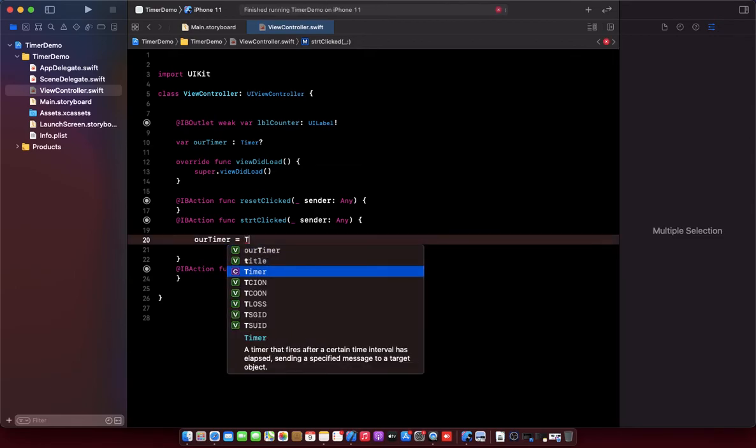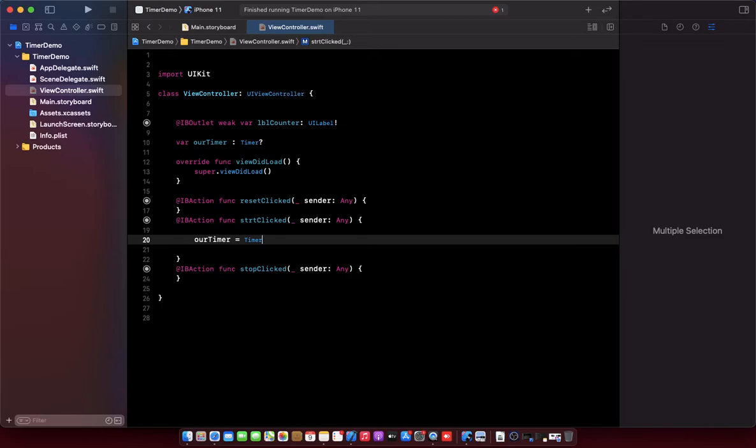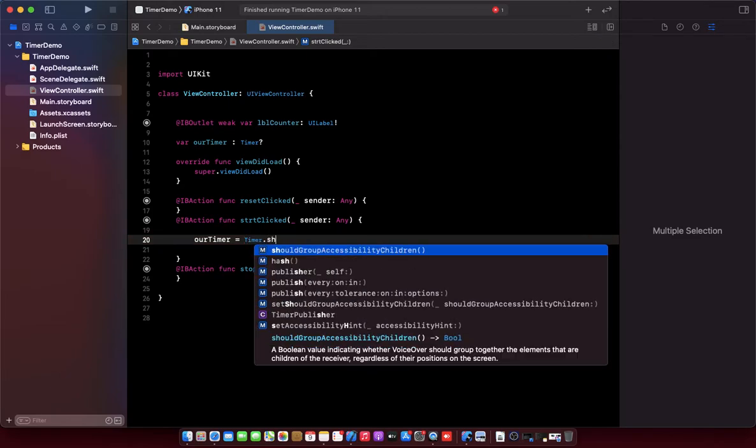What a timer does is schedule a task for you to iterate, or whatever you want to do, every second, whenever it repeats itself. So you can define a particular task in this timer that you want to iterate every time the timer updates itself. So let's schedule a timer here.